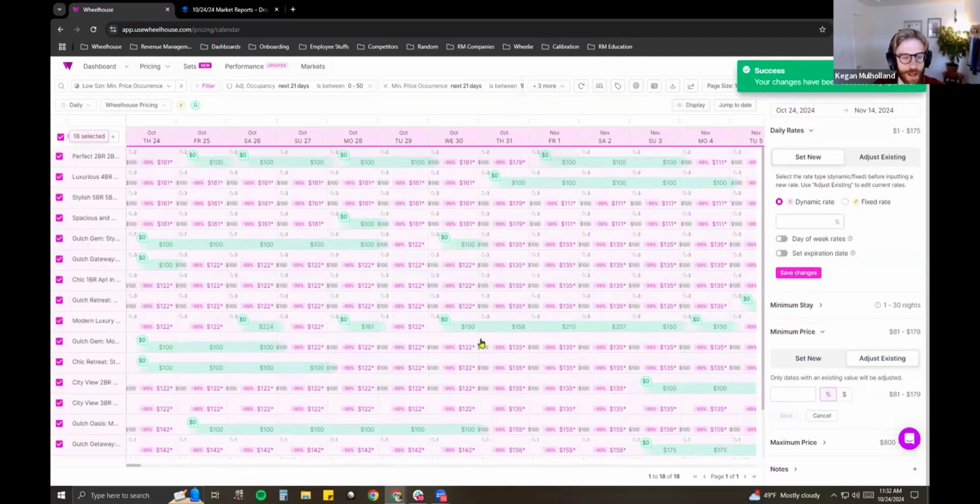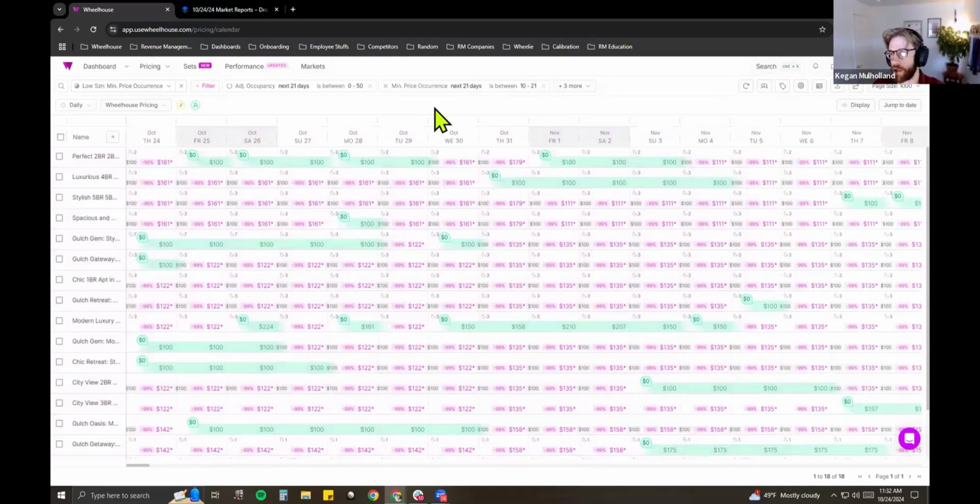Now for the next 3 weeks, I'm pushing my rates down below their minimums, and I use that segment to do this on a Monday. I can push for occupancy in the low season. I very quickly pull up that dynamic set, and then use the bulk features to update the listings. I breezed through the calendar functionality because that's not the main focus of today, but some of you may have already seen that. Hopefully you've used it. If not, check out the pricing calendar. We have support too if you want help on how to do that.